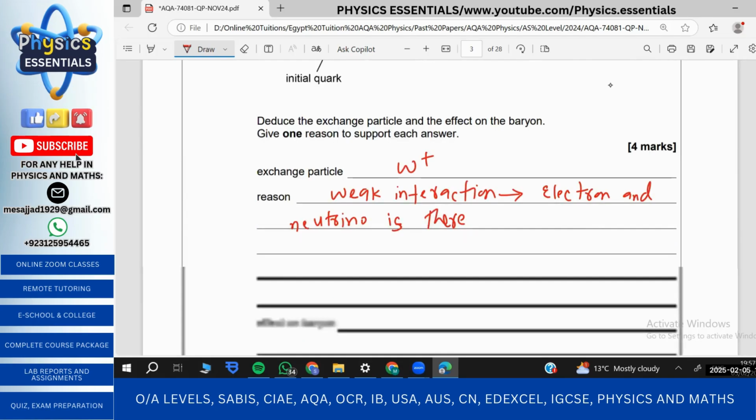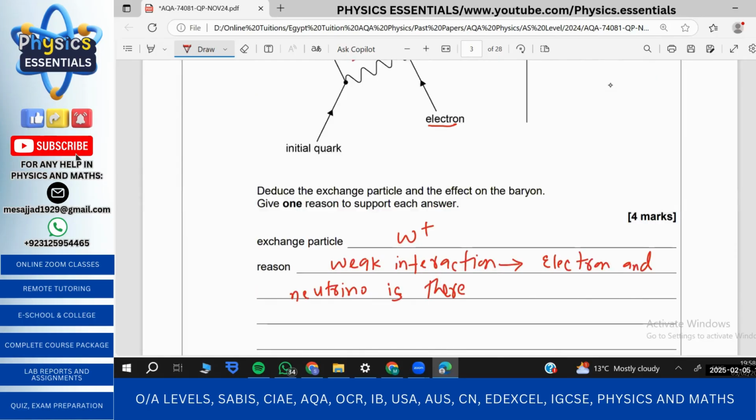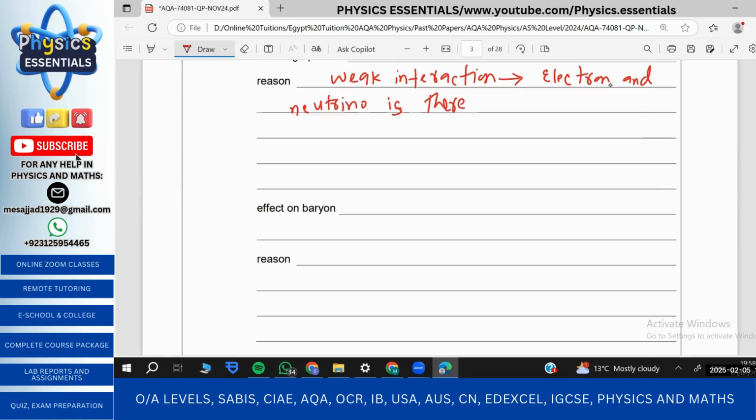Okay, and what about the effect on baryon? Of course, when an electron is coming and hitting a baryon, for example a neutron, right? The structure of the neutron is UDD. If an electron hits it, it may turn into a proton. So the flavor of one of the quarks has been changed and it is turned into a proton, and because of that, it has a positive charge, and that positive charge will be taken